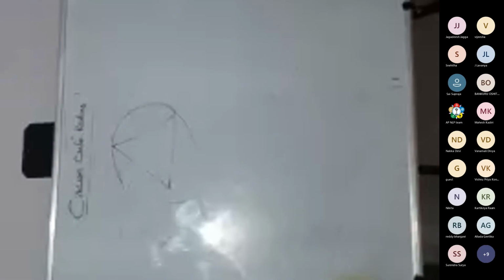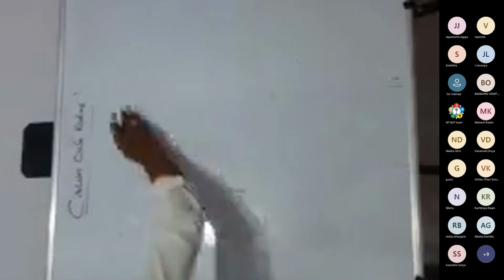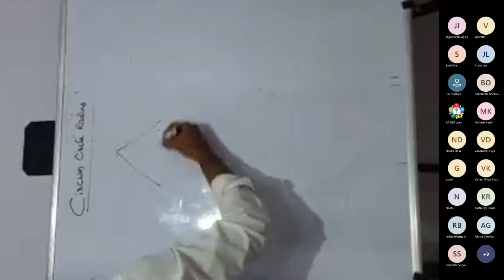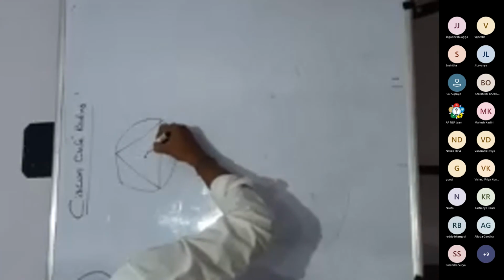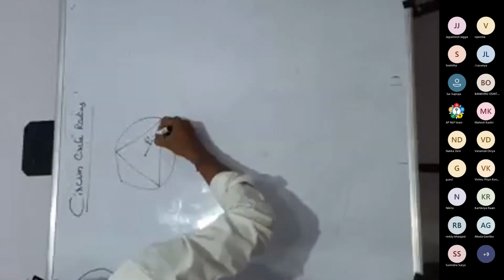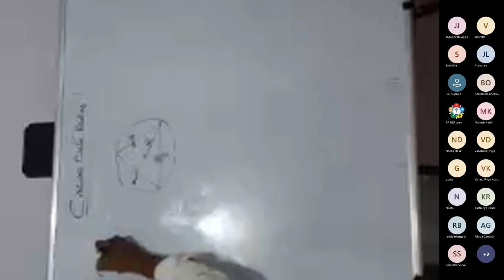The circle is circumscribed, that is circumscribing. That means it lies outside the triangle. From the center of the circle to a point on the circle we call it the radius. This is the circumcircle. Here we can have two triangle concepts. One is the scalene triangle. The circumcircle radius is big R. R is equal to abc by 4 delta.